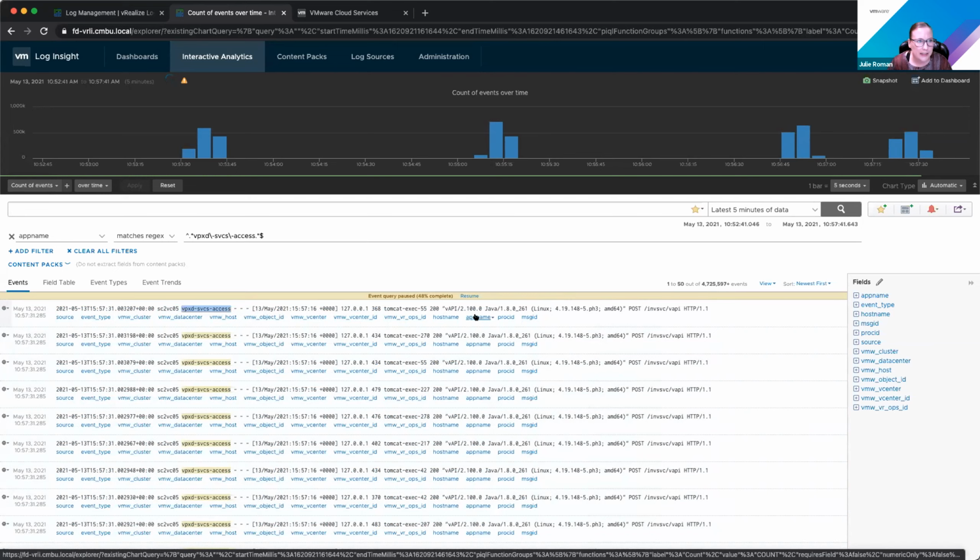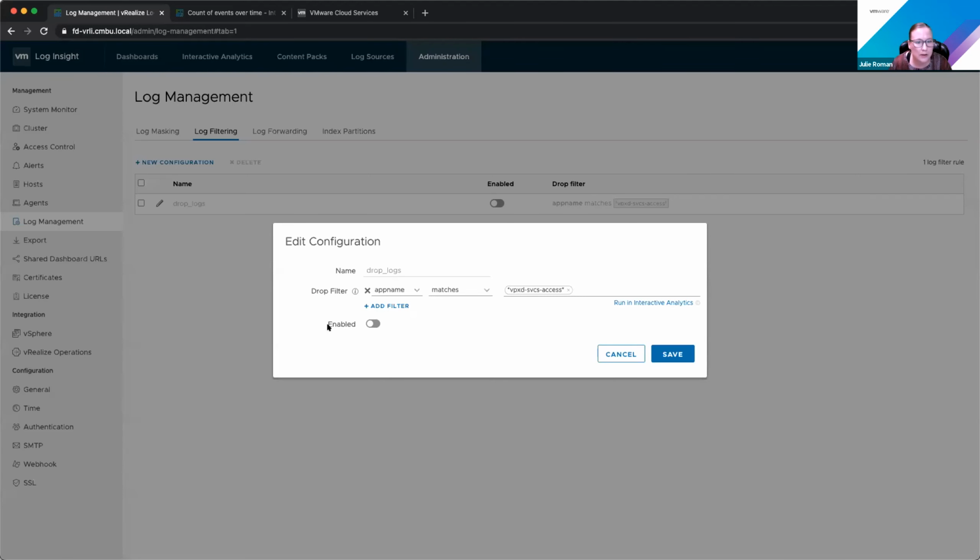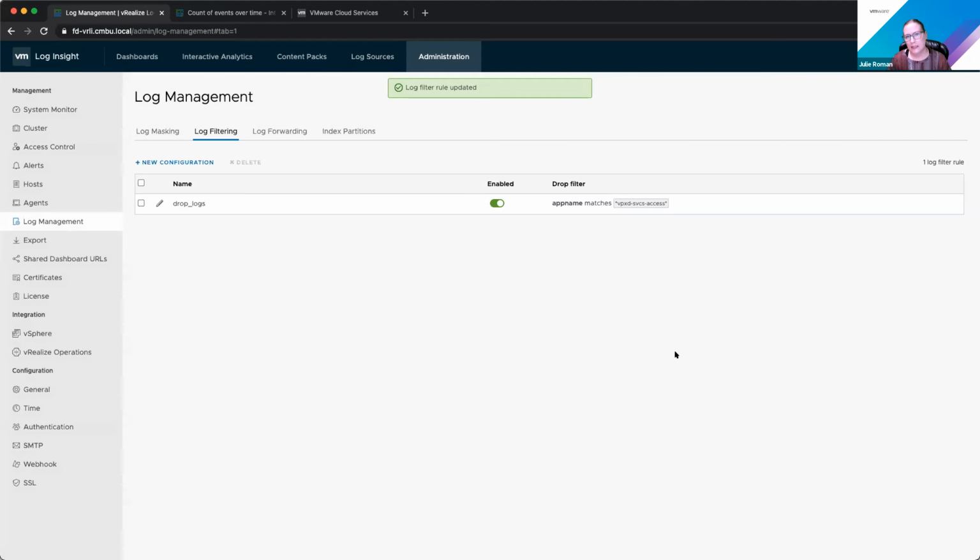So I verified that I didn't need logs of these types. So I'm going to also enable that, and we'll do some validation checks at the end, but I'm going to drop that log. Another one that I like to drop sometimes are DNS lookup logs. So if I could set up a message where, if it's not an error message and it's a DNS log, I don't want it, and drop that as well.